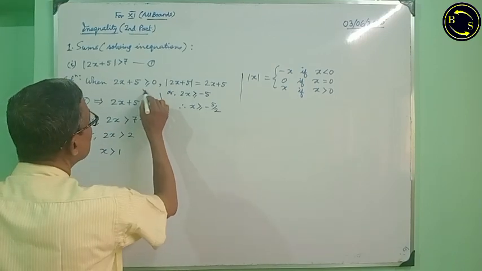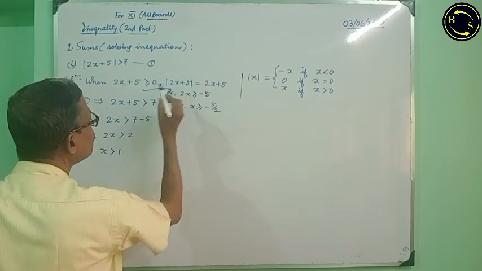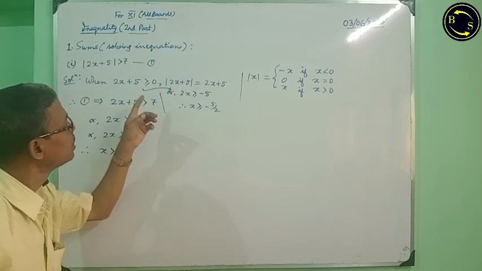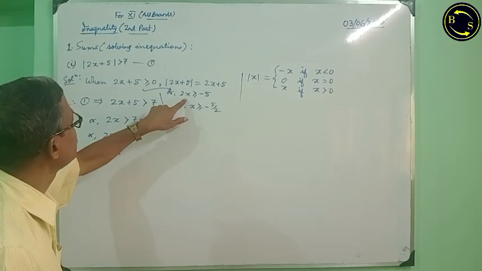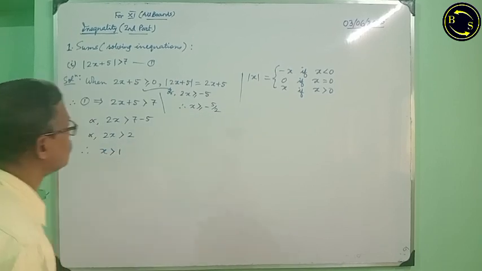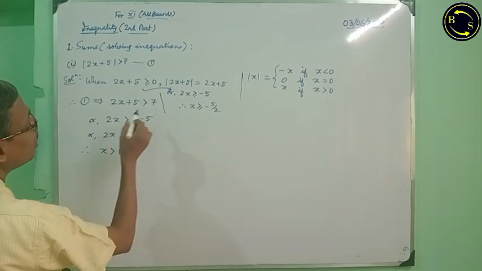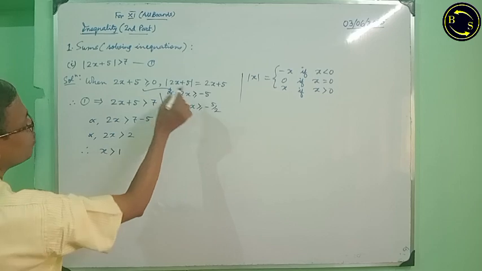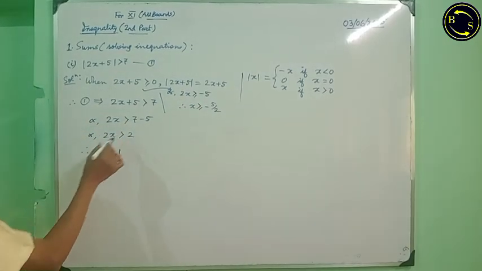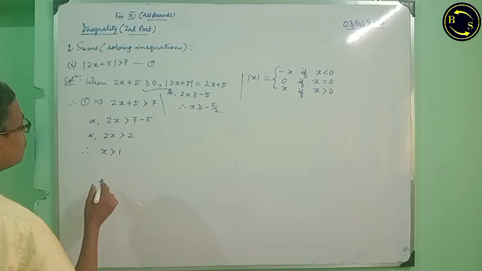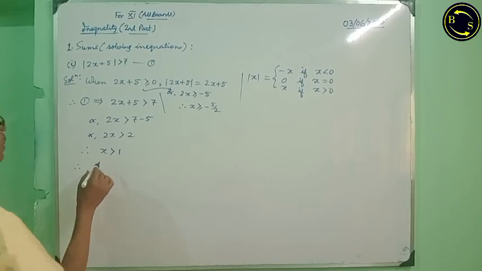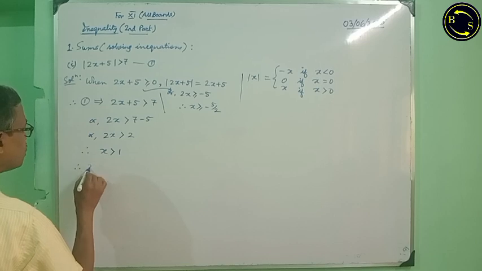If we want to know the values of x, next step will be 2x greater than equal to minus 5, x greater than equal to minus 5 by 2. Now, using this definition from 1 we have got this, then x greater than 1. Therefore, in interval form it will be